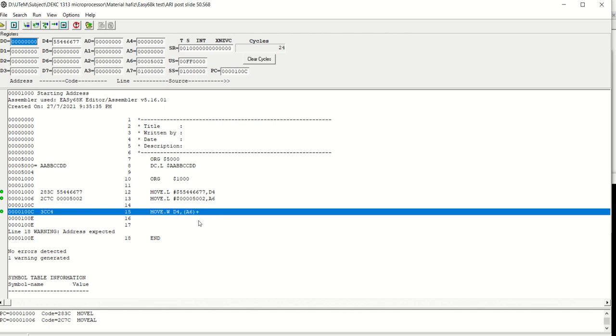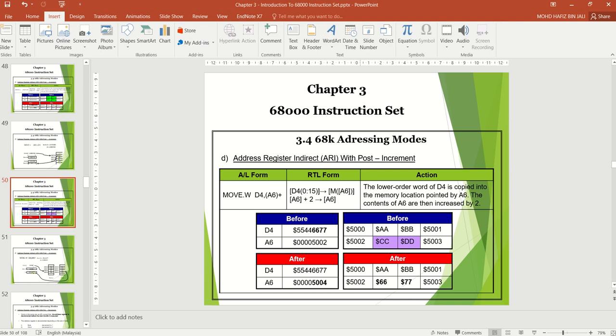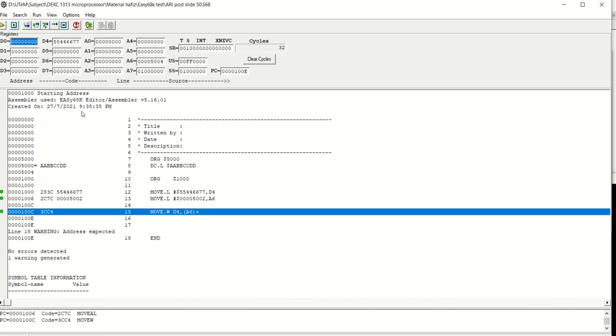So we expect the value of A6 to change. Previously it is 5002, so it will change to 5004. The value of D4 will not change.